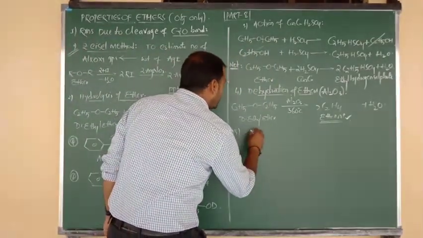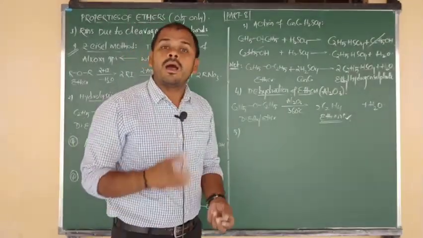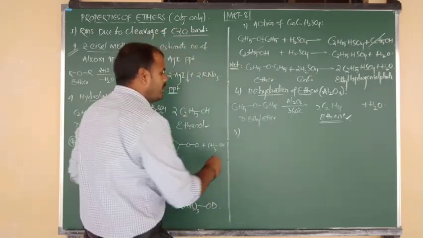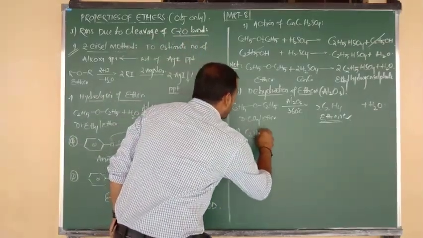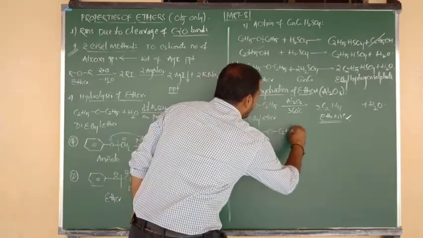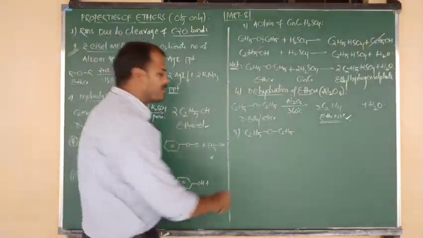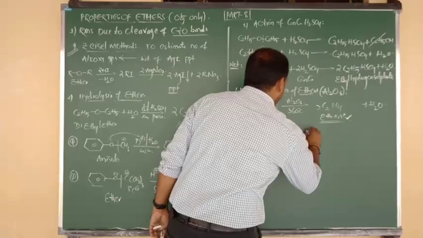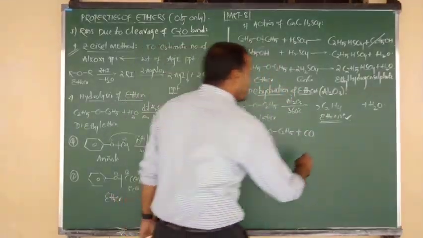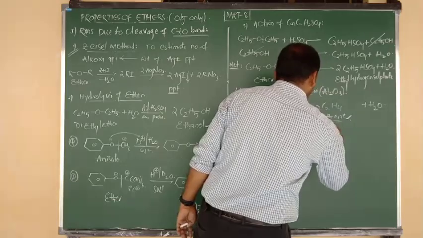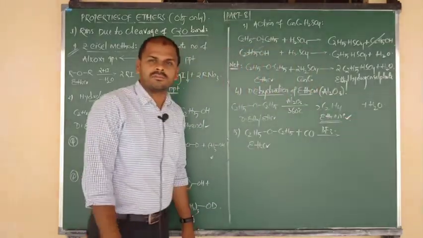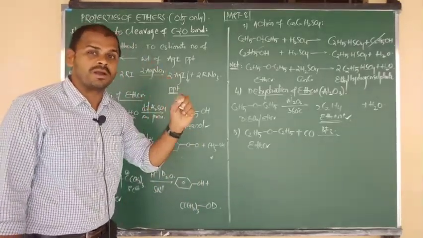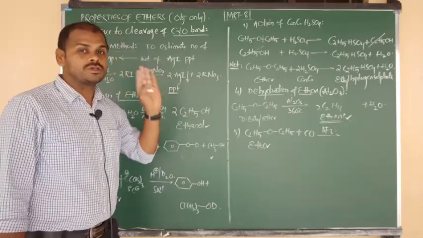Okay, next property. Next property is about addition of carbon monoxide. How do ethers undergo reaction with carbon monoxide? I am going to consider one example here. C2H5 bonded to O, again O bonded to C2H5. What is the name of this compound? Diethyl ether. It upon addition with carbon monoxide, CO, means what? Carbon monoxide. The addition of carbon monoxide takes place in the presence of the catalyst BF3, boron trifluoride. Today's topic is very important from an objective point of view. Every property is important, so try to stay focused.